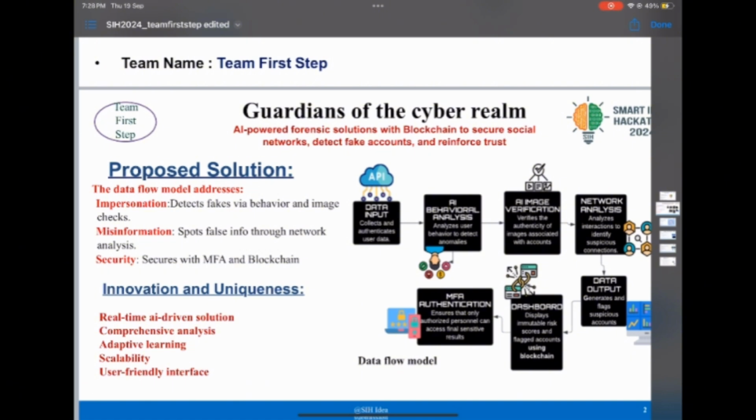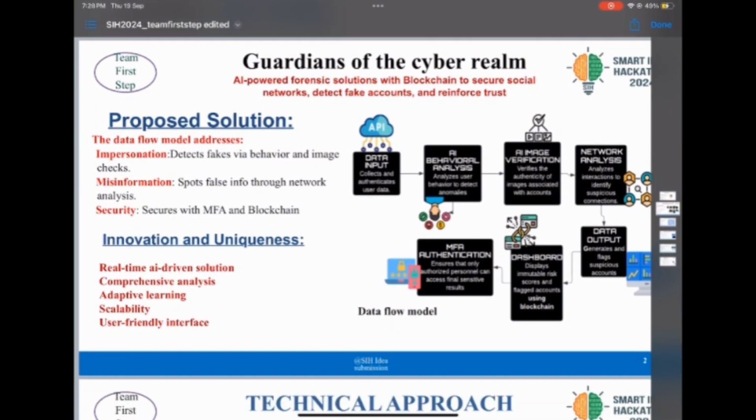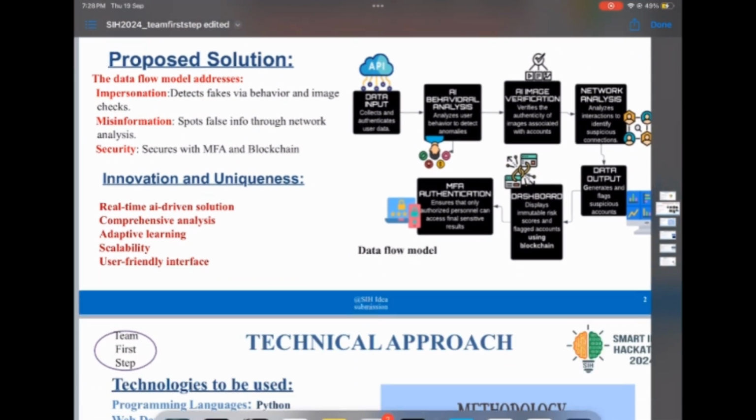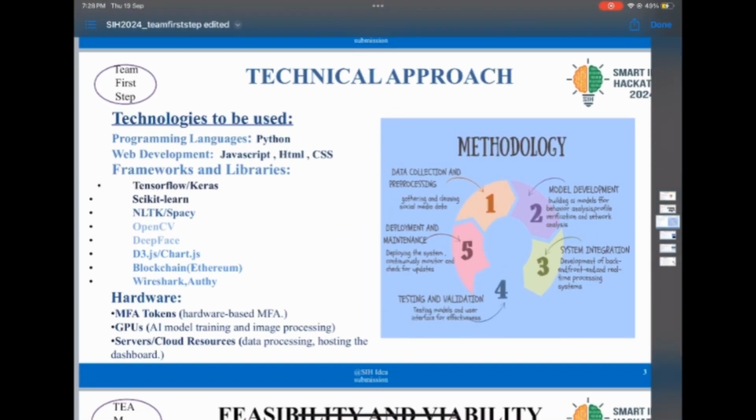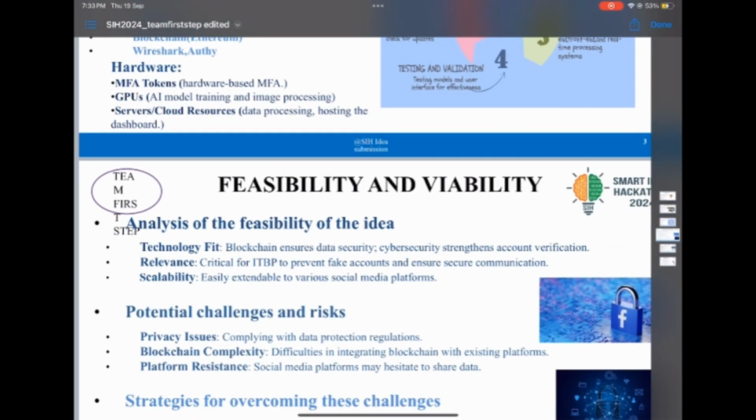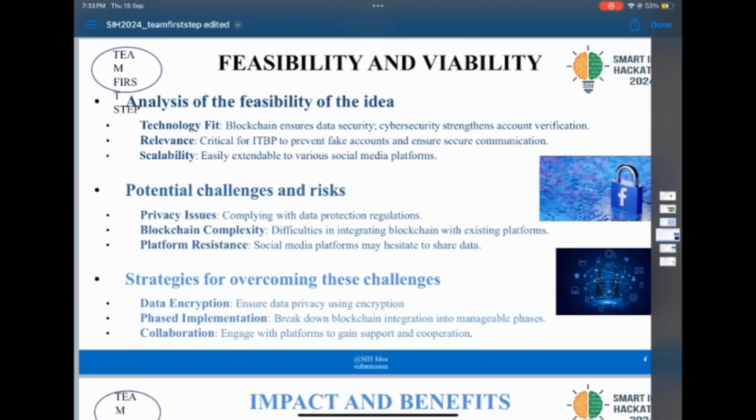And at last, we use MFA, that is multi factor authentication, which ensures that only authorized personnel can access final sensitive results, like using OTPs or biometrics, and only then giving access to the website. So, the key features and benefits are that it is cost effective, offering a low cost